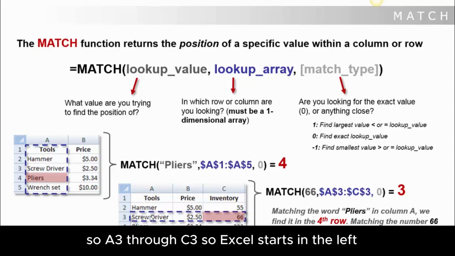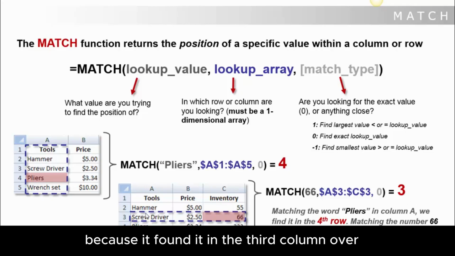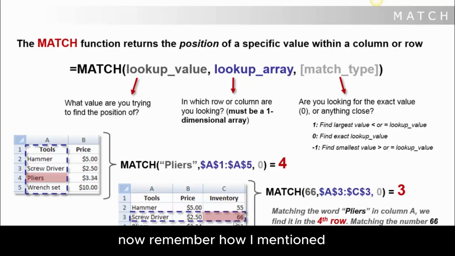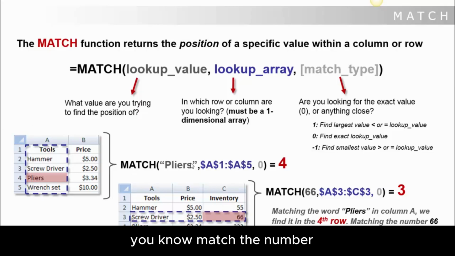So Excel starts in the left, moves towards the right until it finds the lookup value, 66, and returns 3 because it found it in the third column over. Now remember how I mentioned it has to be a one-dimensional array? The reason that's the case is that if we said, match the number